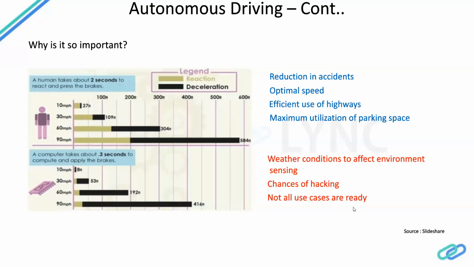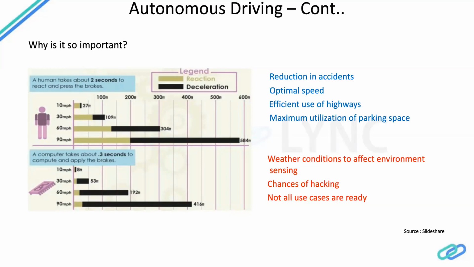So what does this mean? Suppose I am making a vehicle ready for autonomous driving in highway situations, and in certain countries or conditions the road markings and all are not correctly there. Then what are the exceptions that this vehicle or these control models need to handle? Not all of those are known at this moment. So use cases are still being built, and OEMs are driving millions of kilometers to understand what use cases may arise when they put these vehicles on the market and they are ready to be used by normal users like us.